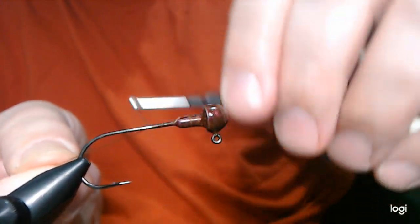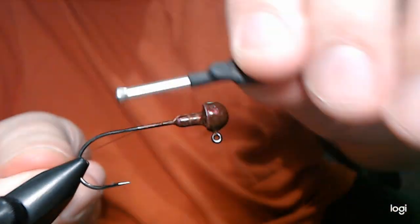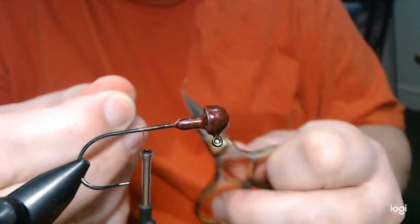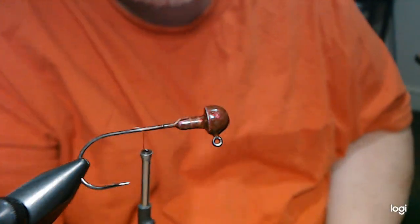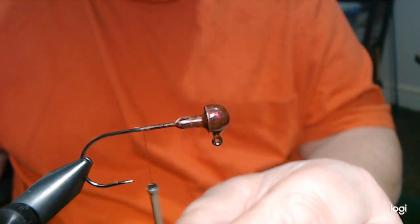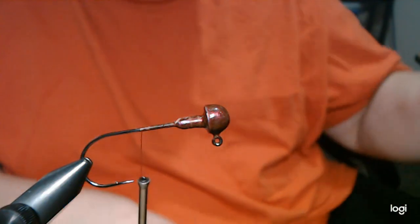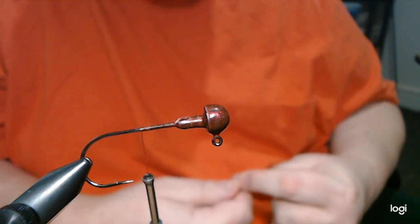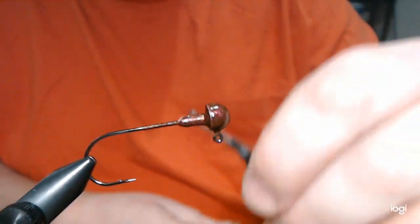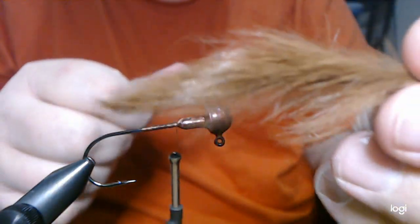Now with this one, we're not going to go all the way down to the hook point, obviously. Just a little bit above. If you want to see exactly where it's at, you could go down a little further, up a little further. And the first thing we're going to add here is this brown,